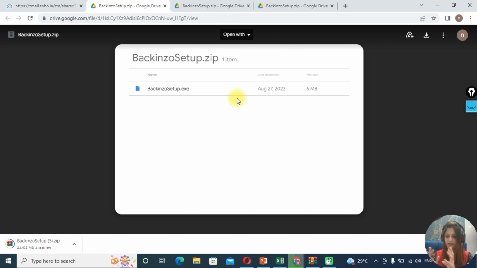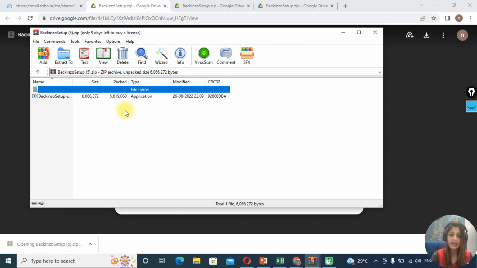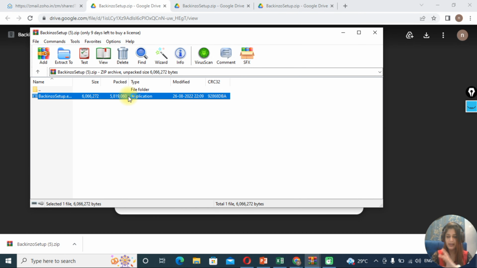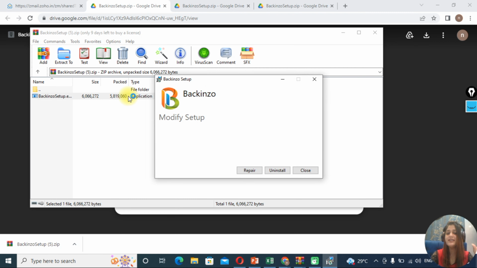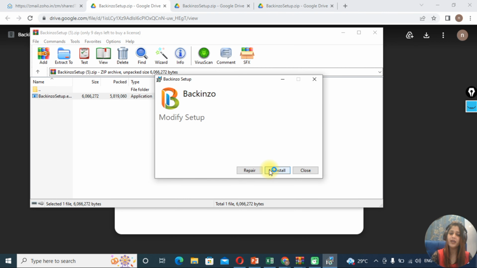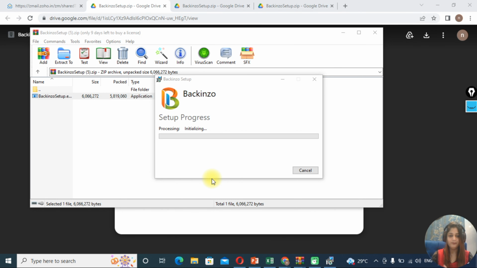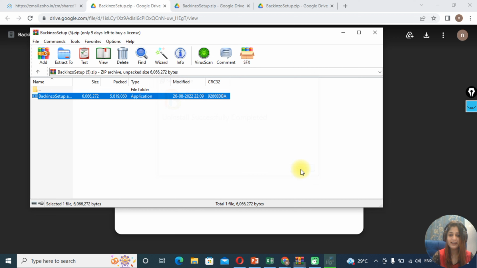Once the exe file is downloaded, as you can see that it is downloaded, right? You just have to click on it. It is already installed in my laptop, so I'll have to uninstall it just to showcase to you how to do the installation process. Okay, yeah. The uninstallation is successfully completed, as you can see.